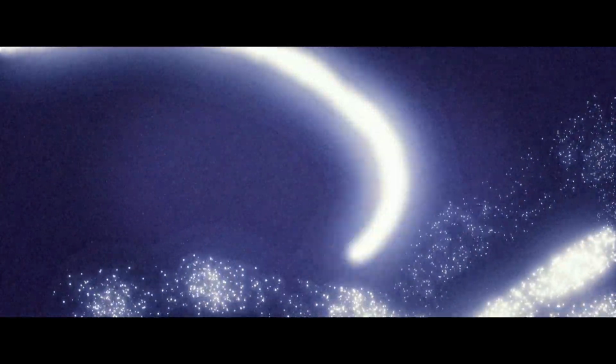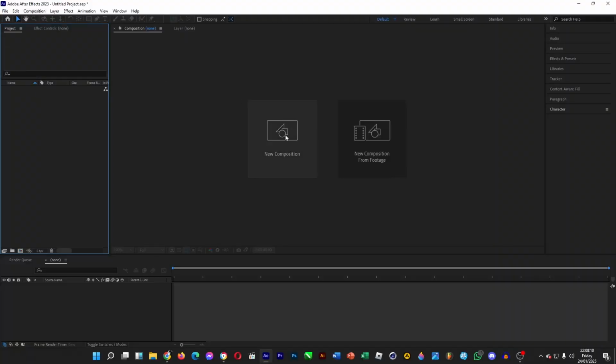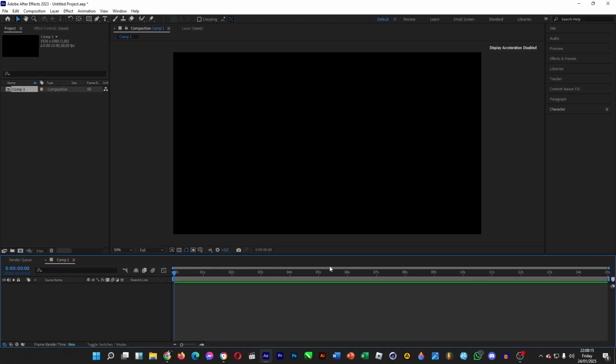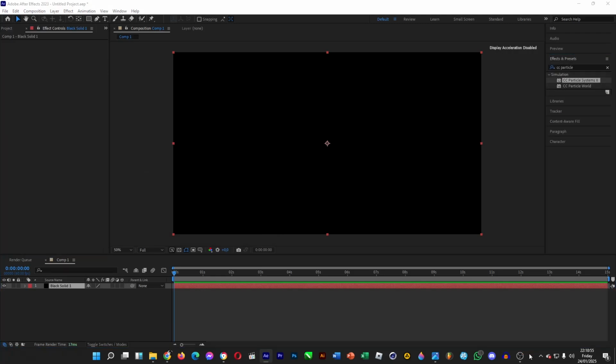So all we have to do is to create a new composition. So click on new composition, 1080p, 60 fps, 15 seconds, and then click on OK, and then create the particle. To do this, make a black solid. Right click, new solid, make it black, and then when you're done with the black solid, search for CC particle